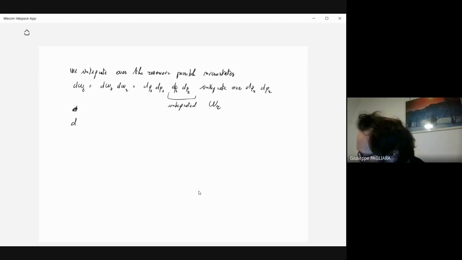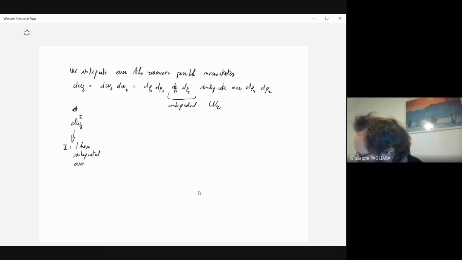And therefore I have d omega s, this point, where this I means I have integrated over all the possible states of R,